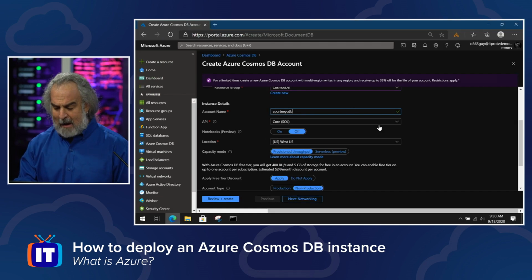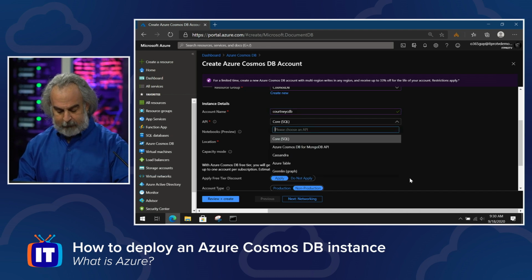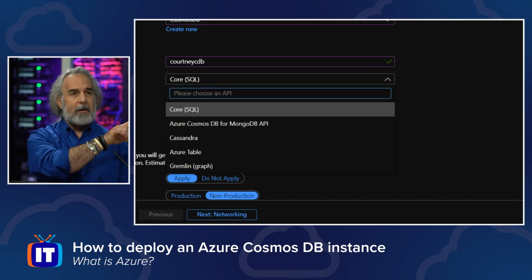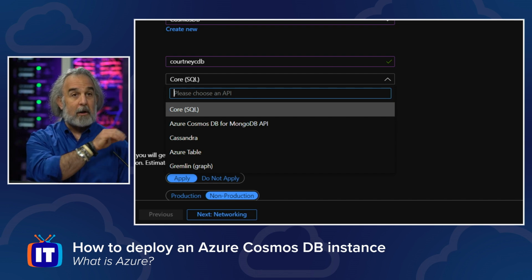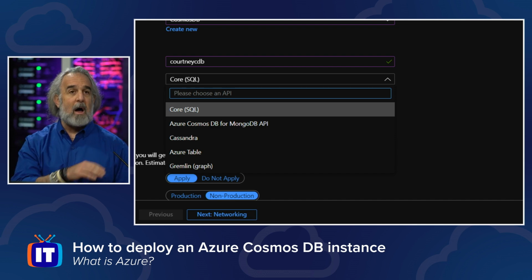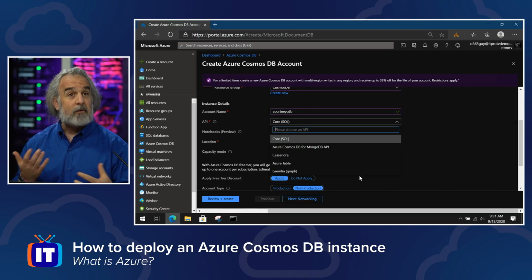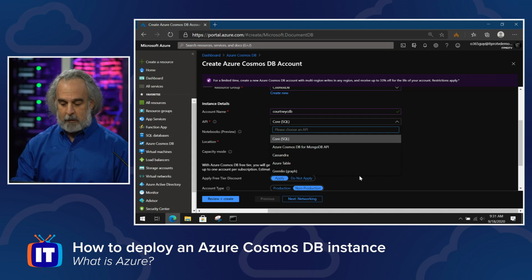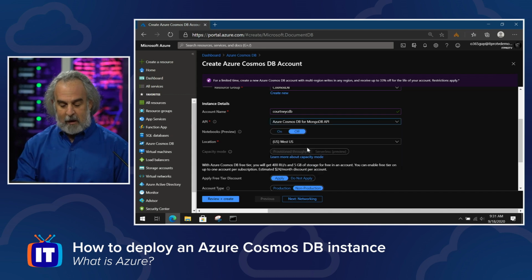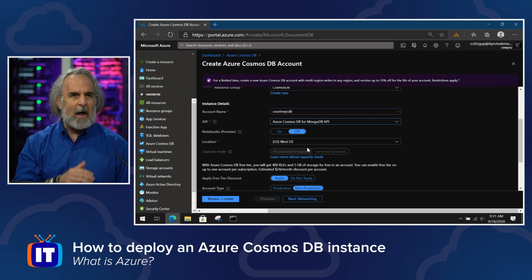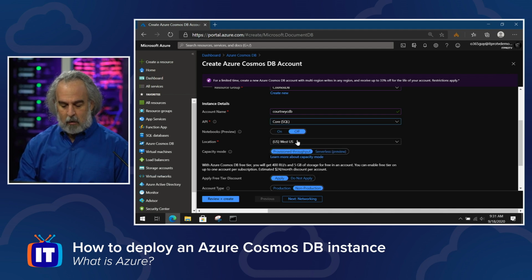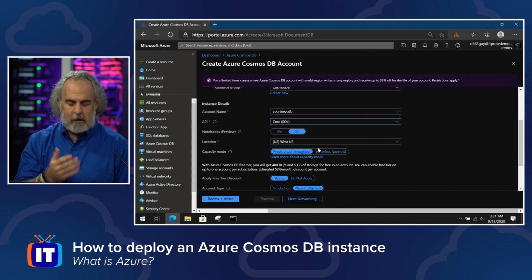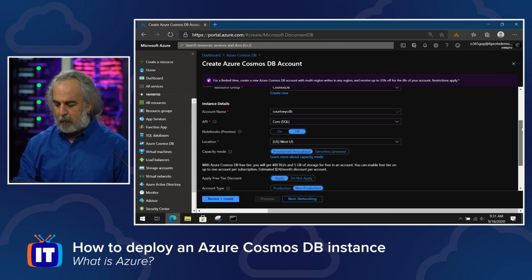And we're going to go ahead and choose our API. Our API is going to be, as you can see, our list of all the different models and ways in which we can deploy Azure Cosmos DB. We can use it with MongoDB, Cassandra, all sorts of different options, really driven by the business need that you're going to address. I can choose any one of these, and depending on which one I choose, I have slightly different options. You'll see the Azure Cosmos DB for Mongo changes some of the things I have to provide. If I choose Core SQL, some of the things change. So we'll use Core SQL, but you make the appropriate choice.